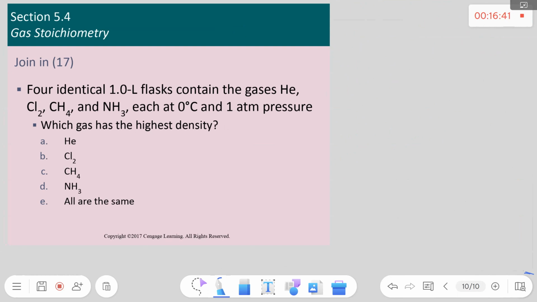You can answer? Did you bank it? Which gas has the highest density? Well, we have one formula in our repertoire now. Molar mass is equal to density times gas constant times temperature, all over pressure. These 4 flasks are at the same temperature, right? They're at the same pressure, right? And the gas constant is a constant. So what are we looking at to figure out which one has the highest density then? Well, whichever one has the highest molar mass, which would be